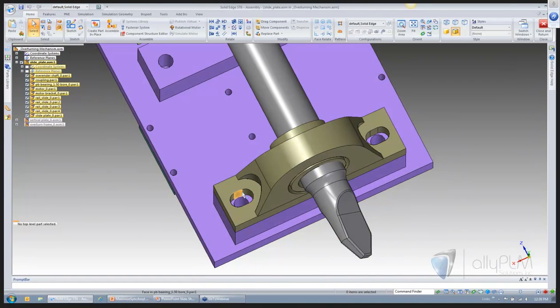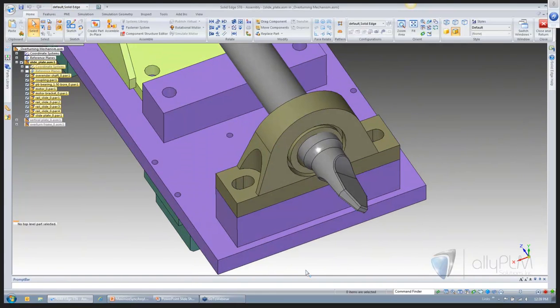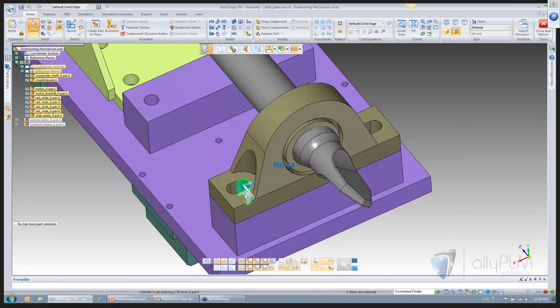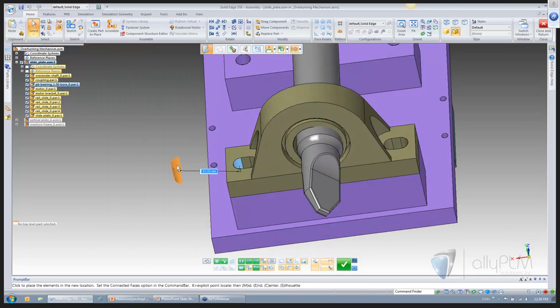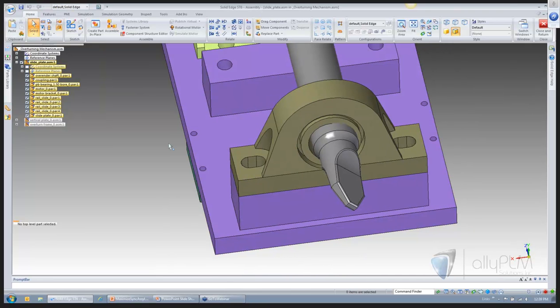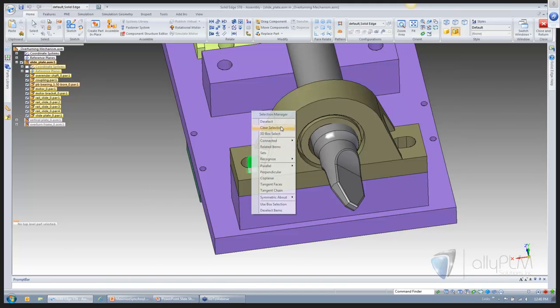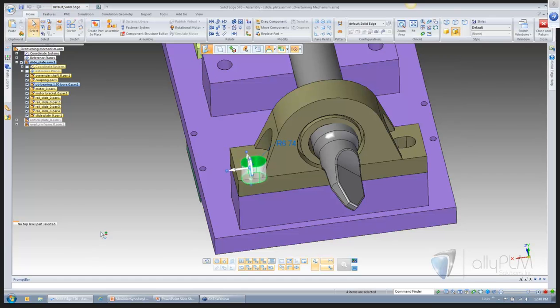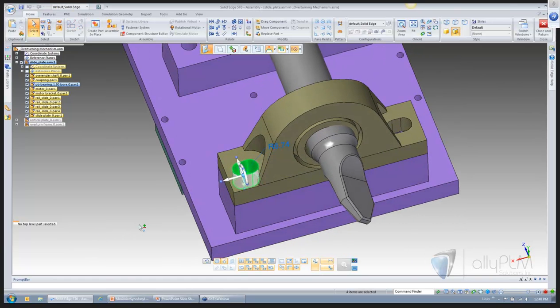But more so, the slot is what really changed on this part. And as I select it with synchronous, what I'm selecting are faces. And what I want to select is the slot as a feature. So I'm going to go Shift Spacebar, which puts me in Selection Manager mode. You can access that from the Select tool by going to Selection Manager, but you'll see the little plus box by my icon. Now as I select a face, Selection Manager exposes itself, and I can certainly pick this as a tangent chain, but it's often a lot easier just to recognize this as a feature. So I want to recognize this slot, and I can hit Spacebar to get out of the Selection Manager mode,